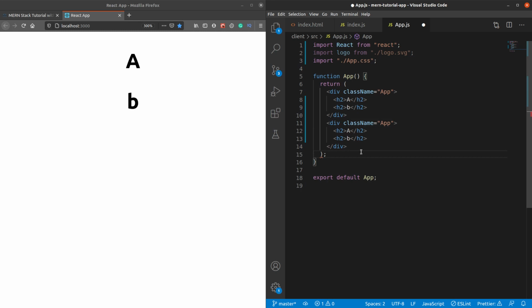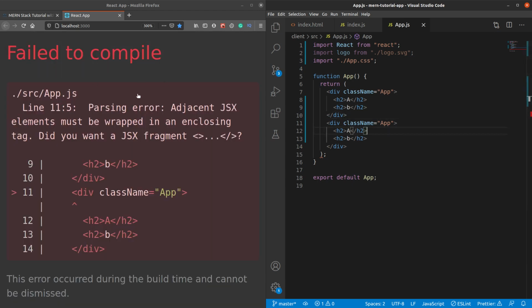So if I save this file, I'm actually seeing the error beforehand, there is a parser error. Let's read this message: JSX expression must have one parent element, that is, you cannot return two elements. So if I save this, the application actually fails to compile.